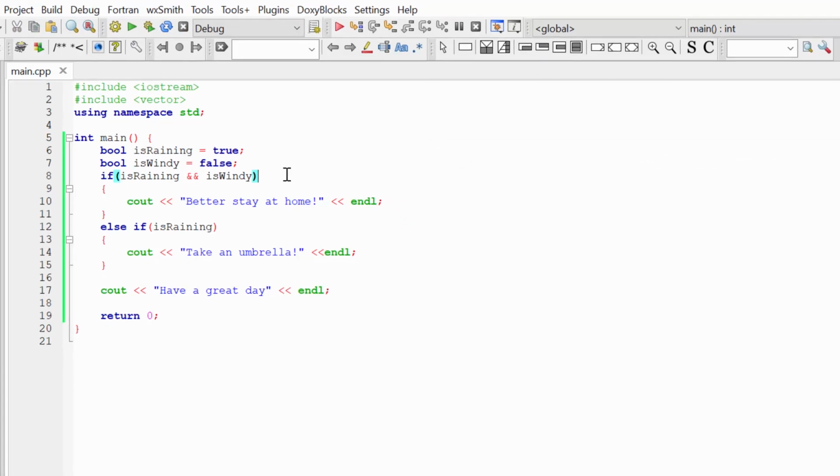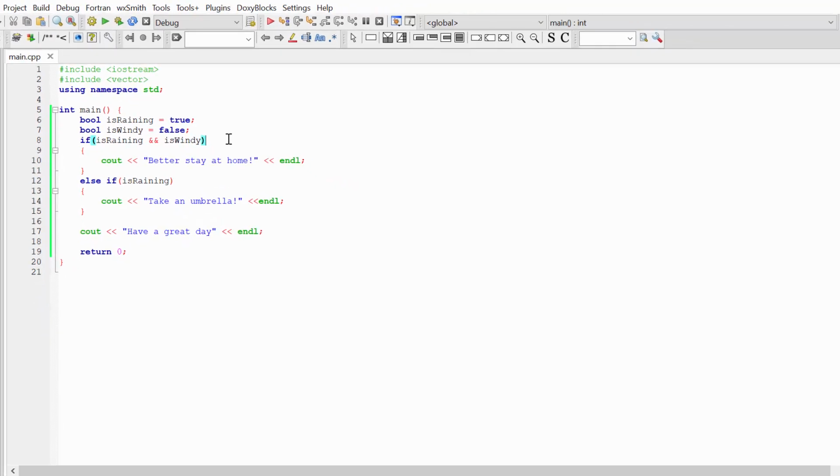This is called a logical operator. Logical operators in programming are used to combine different conditions, different Boolean values. So how do they actually work? If we use the operator and, the entire condition is true if both conditions are true. So if isRaining is true and isWindy is true, the entire condition is also true.